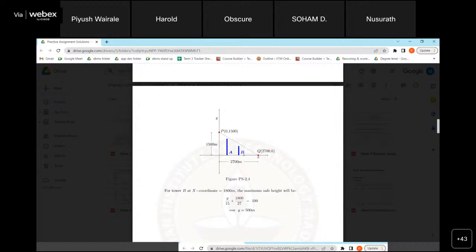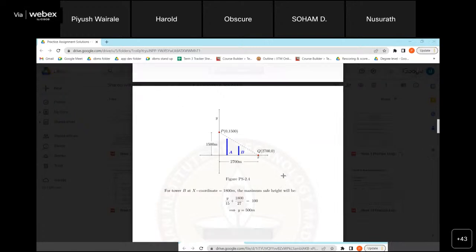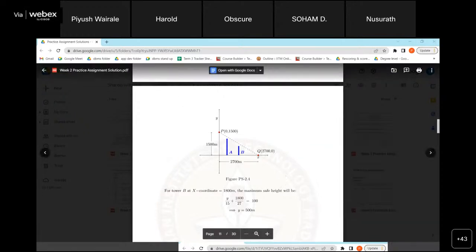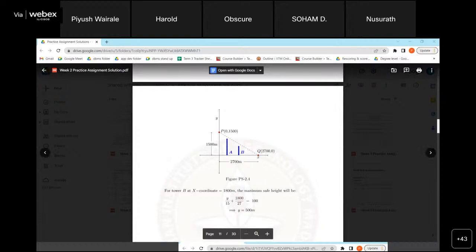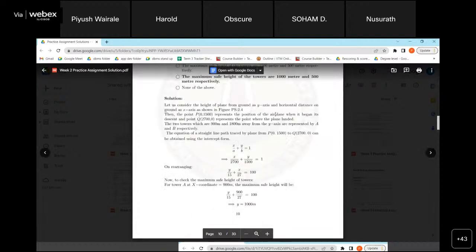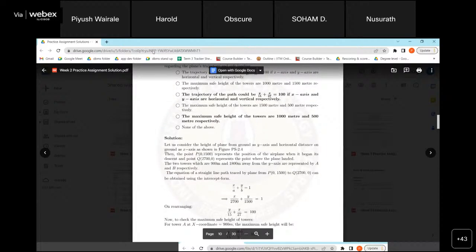Yes, sir. Sir, can you explain? Can we take the point where it intersects, or it shouldn't intersect, isn't it? No, you have to take the point where it intersects, and the height should not go beyond that height. So that is the maximum height here. The maximum height is mentioned in the question, right? That's what I also got confused about. I thought it's the maximum safe height, right? Can you spell out this question? I can't understand it.